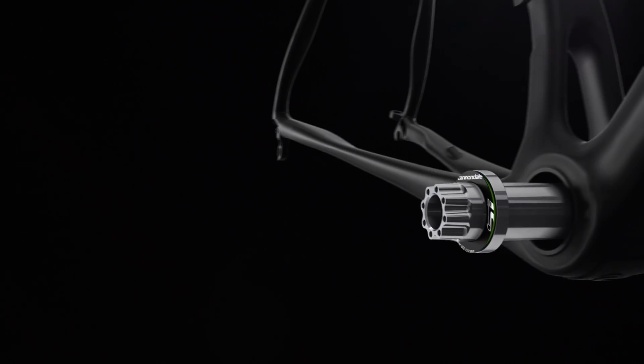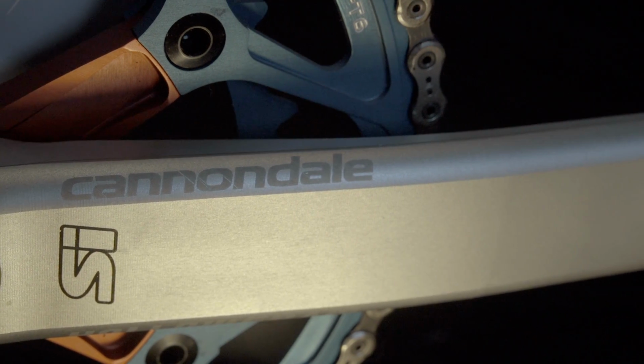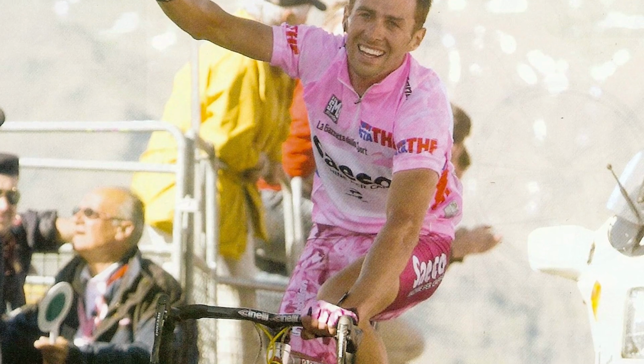In 2000, when we revolutionized bottom brackets with our BB30 bottom bracket standard, we knew we needed an equally revolutionary crank. Thus, the HollowGram crank was born, the lightest, stiffest crank that the world had ever seen. When we launched the HollowGram, it was the highest performance crank system on the market, and it maintained that for